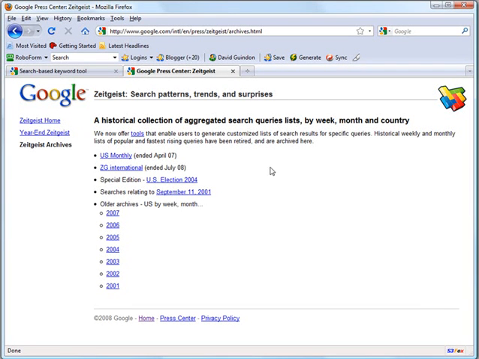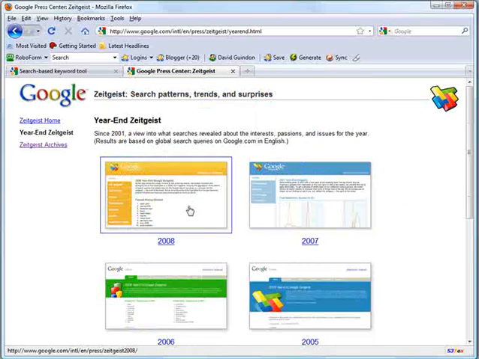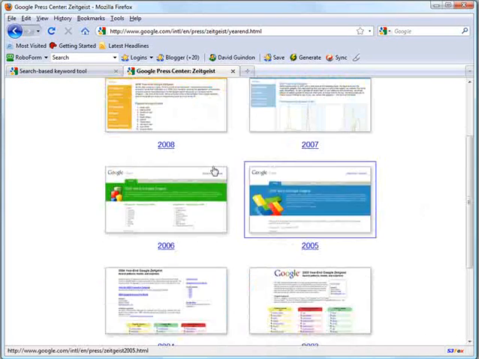And Google basically reveals some top trends, basically what's really popular out there in its search engine over time. So we could see for 2007, actually year-end Zeitgeist, let's go 2009 for last year,